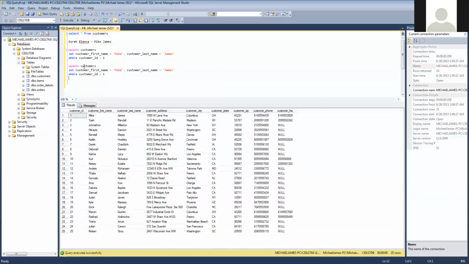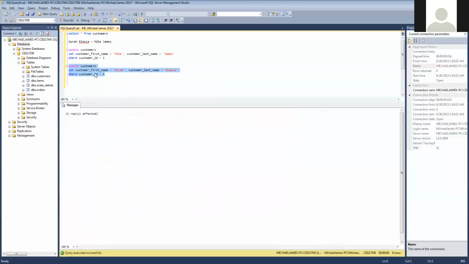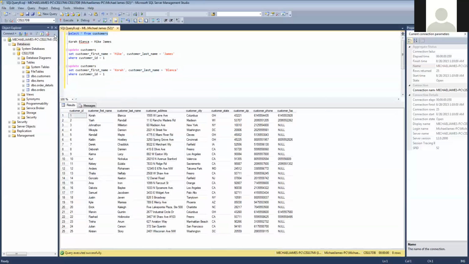So I will copy and paste my update statement and just quickly change the first name here to Cora and the last name back to Blanca. And we'll select that statement, hit F5 to run it. We can see that once again a single row was affected, and we'll rerun our select statement one last time to see that the customer ID number 1, first name and last name fields or columns got changed back to